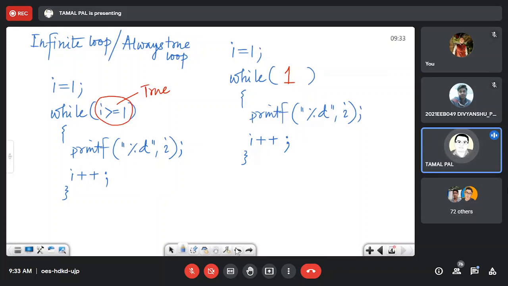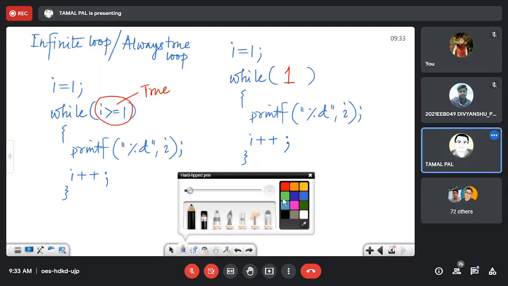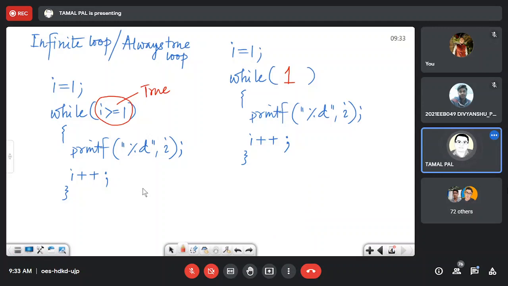Maybe alternatively I can write it in a different color. You are saying that initially I will take I equal to 0, then while I less than equal to 3, and inside that there is a scope for increment.